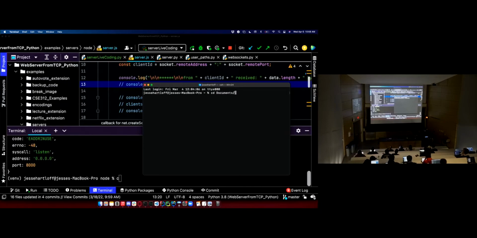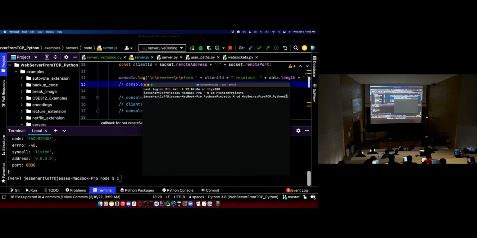CD documents, right? Or is it right in this directory? PyCharm projects. Come on. Web server.